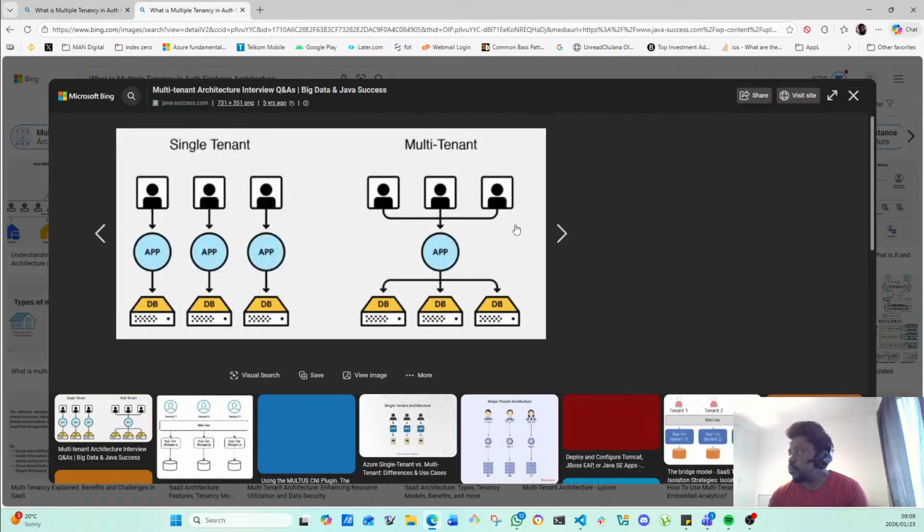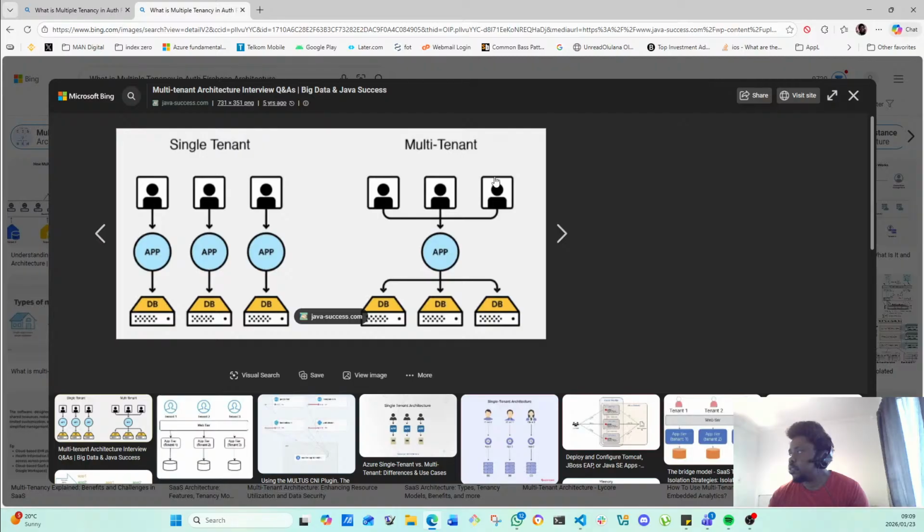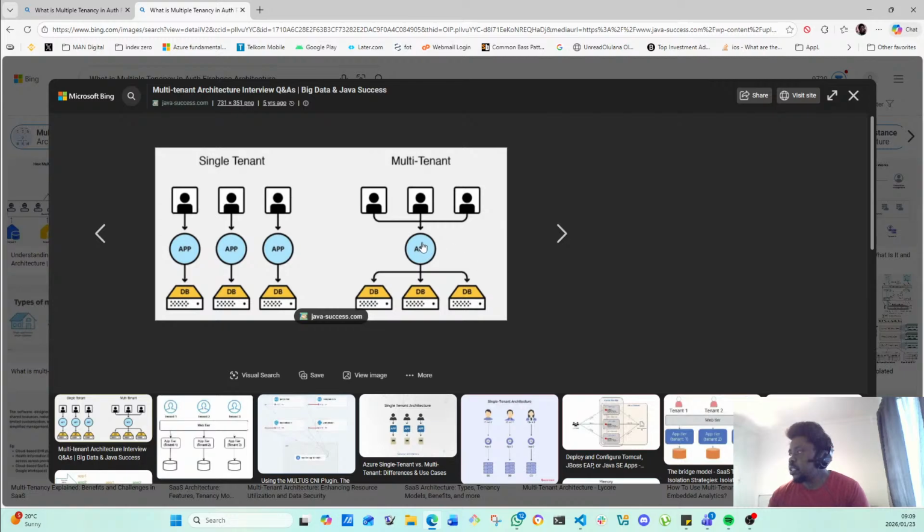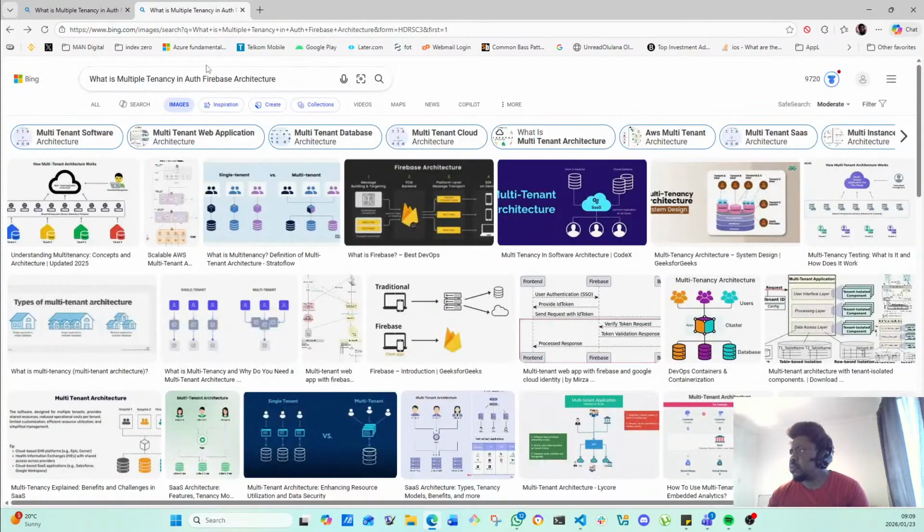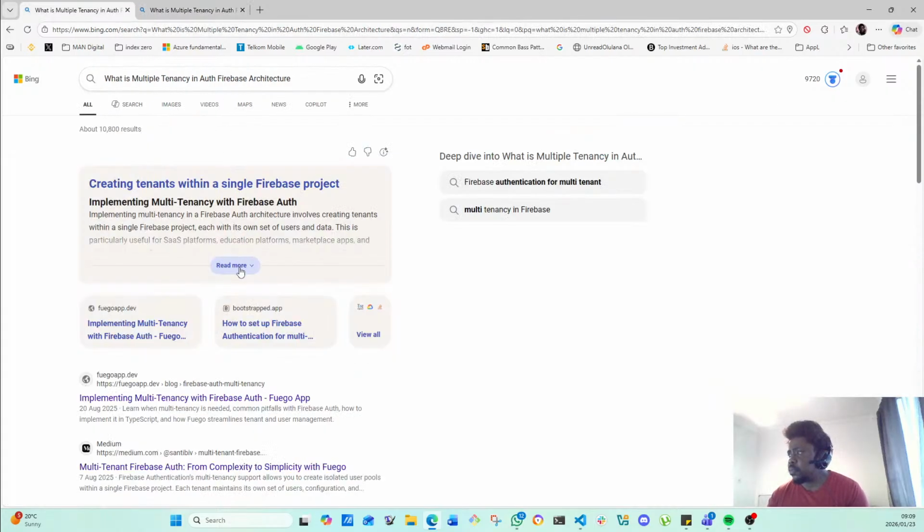I think a better explanation is people logging in, then they log into the app, then the app goes to load their particular database. So everything streams, rather than having it one to one, it has a way of looking at it and spreading it out. I might not be using the proper language, so let's just look at it with text. Explaining here, it says